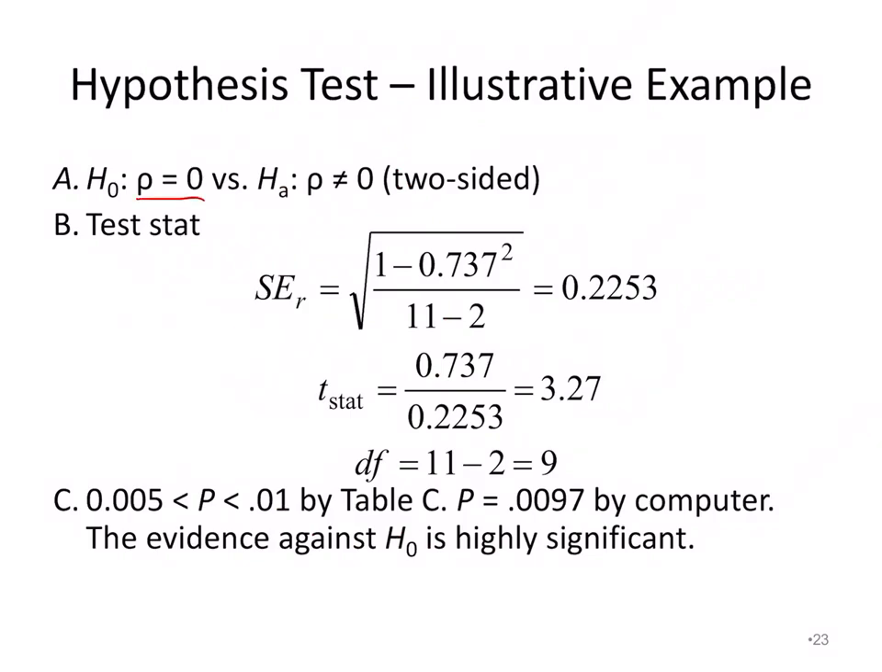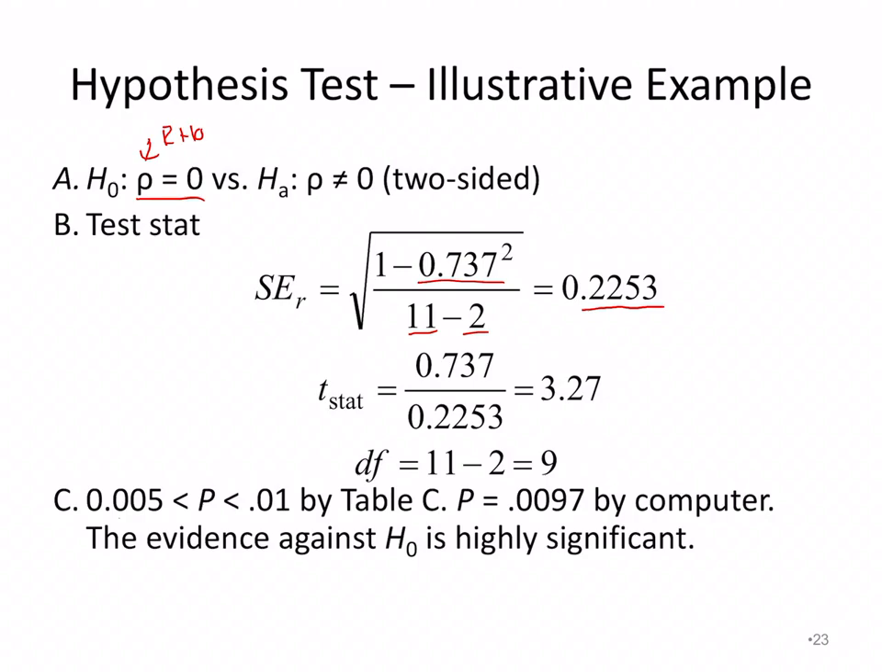So, hypothesis test illustrated example. Here we have rho equals 0 versus the alternative hypothesis rho does not equal 0, so it's a two-sided hypothesis test. We're going to get our standard error of r, so 1 minus 0.737 squared, remember that was our r value squared, divided by 11 minus 2, for our degrees of freedom, since we had 11 data points in 2 sets, which is going to equal a value of 0.2253. So our t-stat is